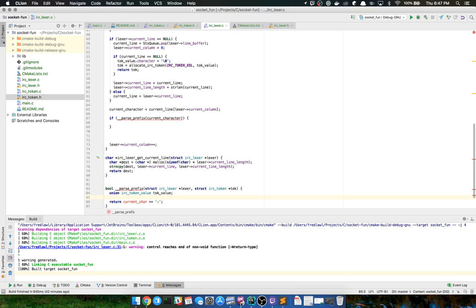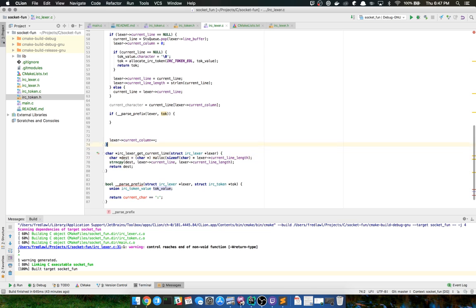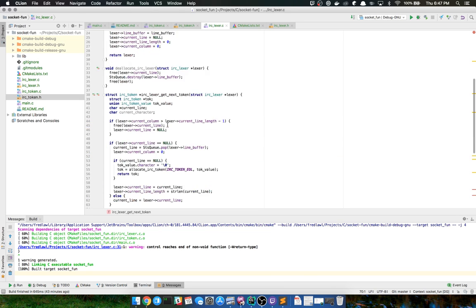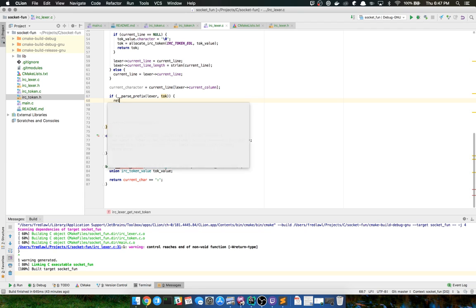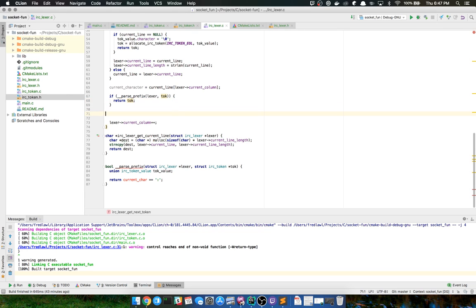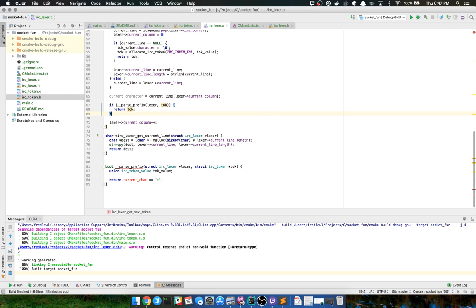So let me go ahead and pass in the lexer, and then we're going to pass in that toke. And then if this returns true, then I'm going to have a return toke. Otherwise, let it go.